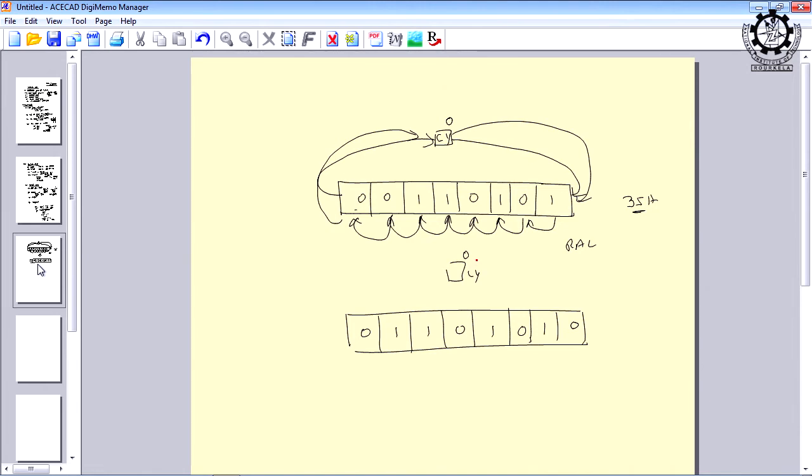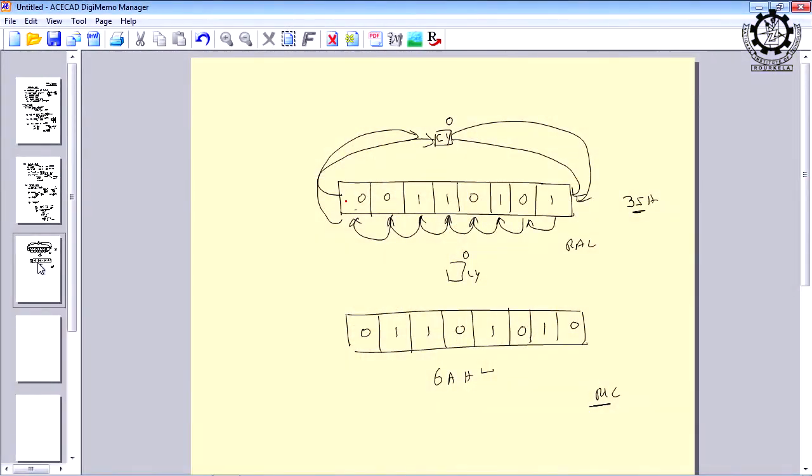Now, what is the value of the accumulator? 6AH. Is it okay? So, this is the effect of RL. Similarly, if I write RLC in that place, what will be the situation? This will affect the carry flag. At the same time, the leftmost bit position will be directly present in the rightmost bit position. Actually, the values will vary, but in this example, since 0 is already there and the carry flag is also 0, the value is not affected.